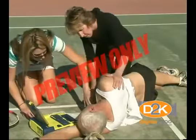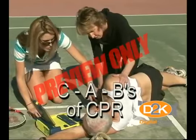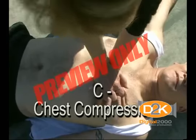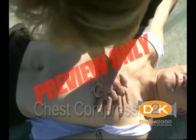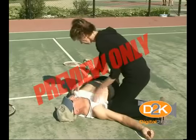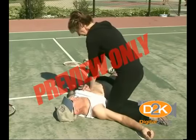If the patient is not breathing, begin the CABs of CPR. C. Chest compressions. Start chest compressions. To make sure your hands are in the correct position, you'll need to remove clothing from the chest area of the patient. For proper hand position,